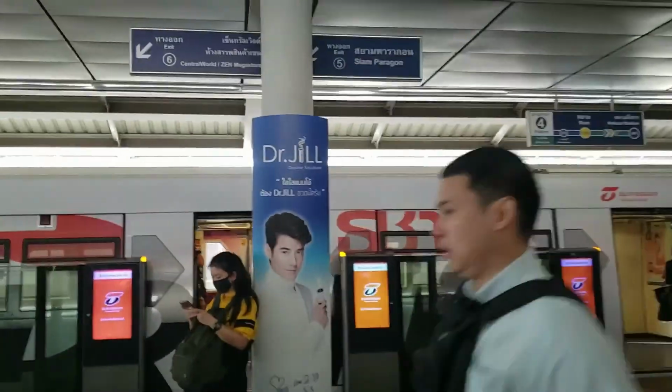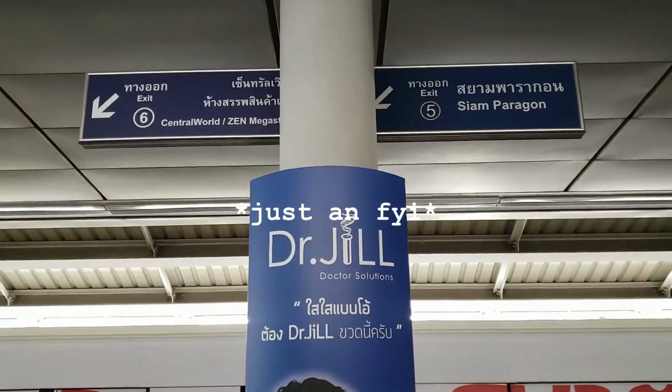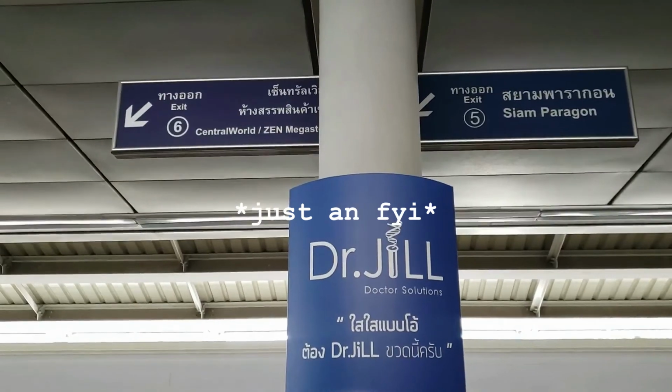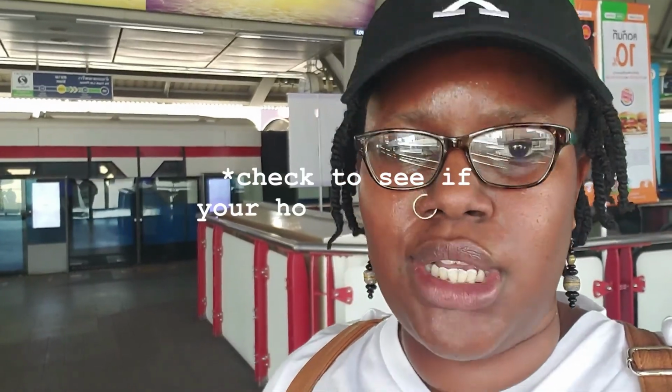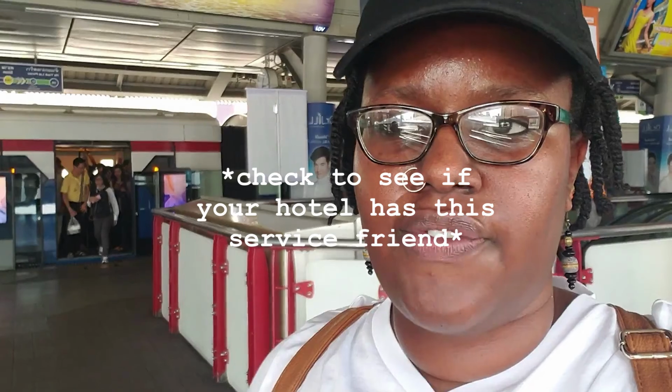So things here, luckily the signs are in Thai and also English. So shout out to that. Our hotel has a free shuttle and a free tuk-tuk. And when I was doing my research on different hotels to stay in, a majority of them that I saw have some kind of free shuttle, free tuk-tuk service. So if you're down to get on public transportation, it might be worth it for you to find out when you get to the hotel how often they run, where they take you,